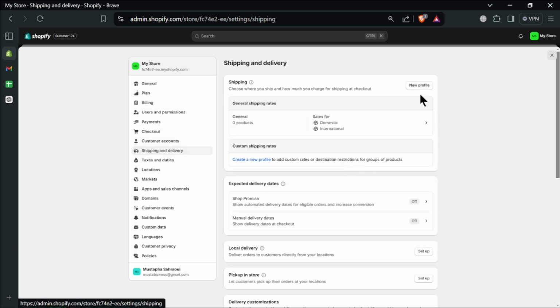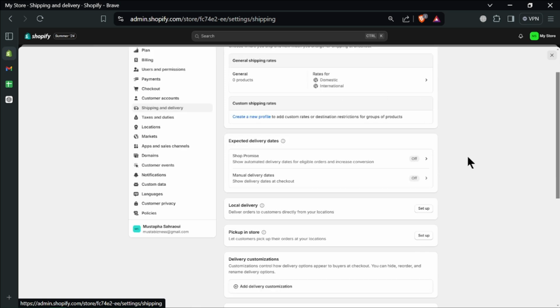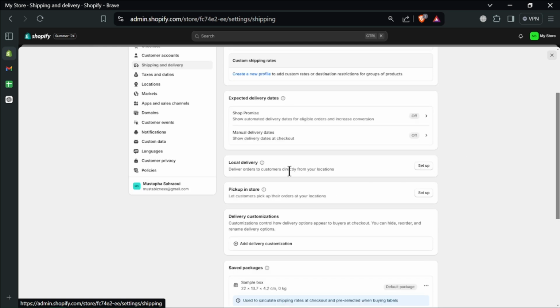So for this, you can either make new profiles or different profiles for different domestic or international rates. You can customize it for different products if each product has a different weight and the shipping rate is different. And you can use those profiles to customize your website delivery rates however you want. So you can set up local delivery or pick up in stores if you have different locations where you sell